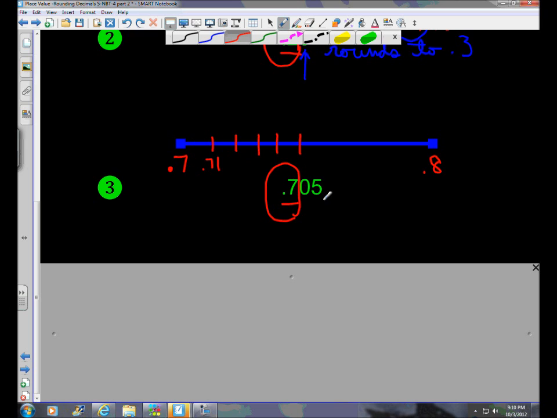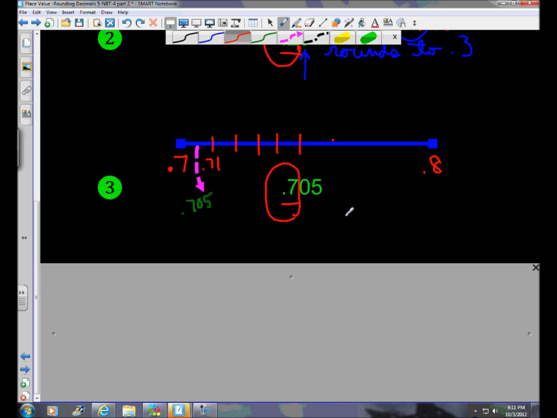And it's 0, like, that would be right halfway between here. And we'll kind of mark that out. Let's use a different color here so it kind of stands out for us. It'd be right in here. Switch to my different pen. Okay, it would be right about here, 705 thousandths. And clearly you can see it's much closer to 7/10. So we can go ahead and say that